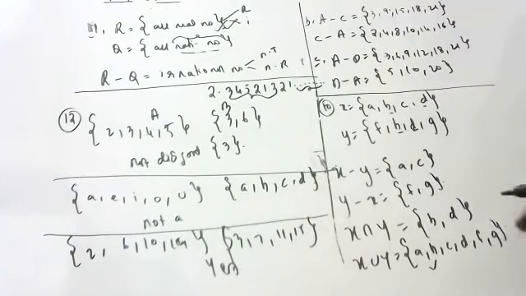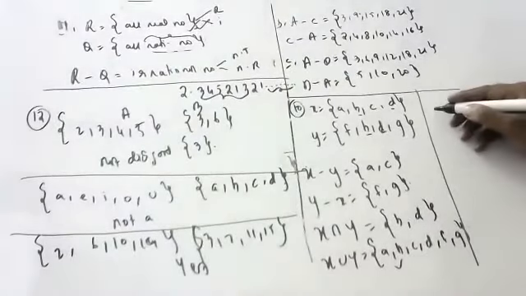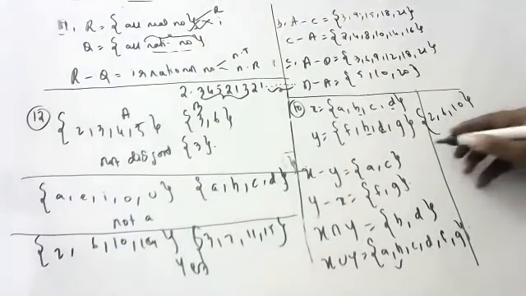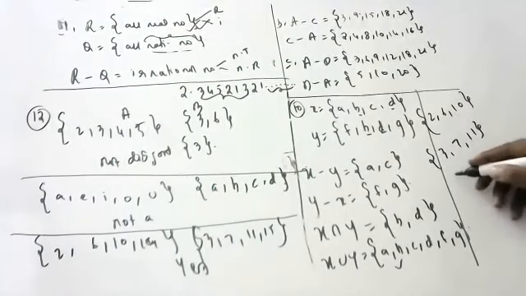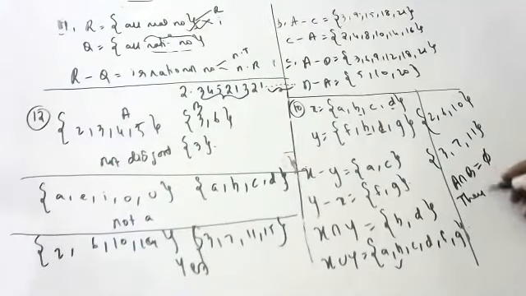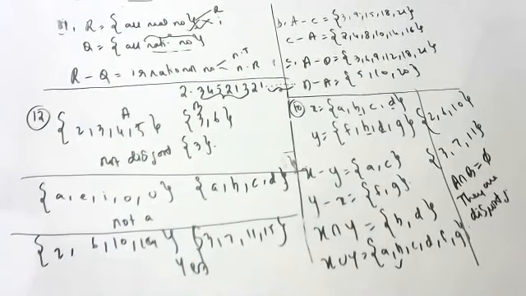And the last one, children, a very small one, same question. Please try to cooperate with me. {2, 6, 10} is one set. The other set is {3, 7, 11}. Are they having any common element? No, they are disjoint. No common elements, you get a null set. So they are called disjoint sets, children. Disjoint sets means they don't have anything in common. So children, next exercise we will do tomorrow. Anyone have any doubts?